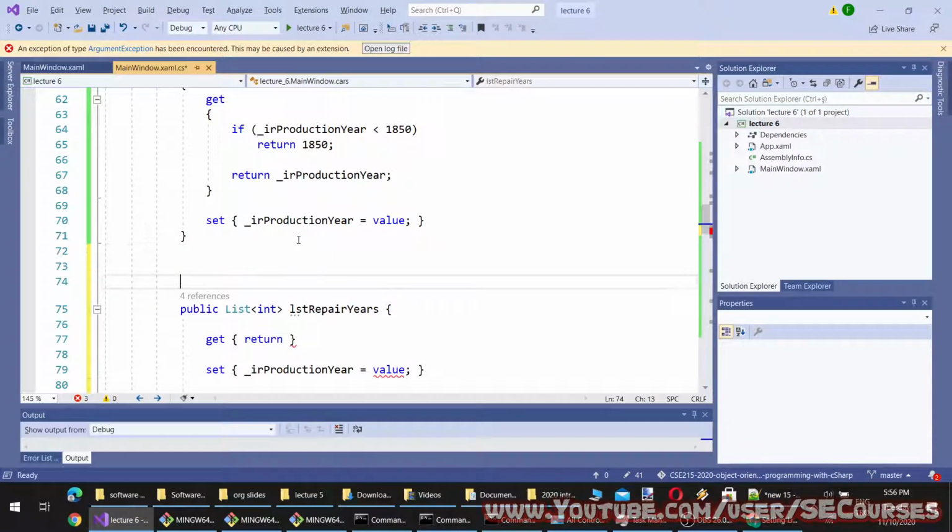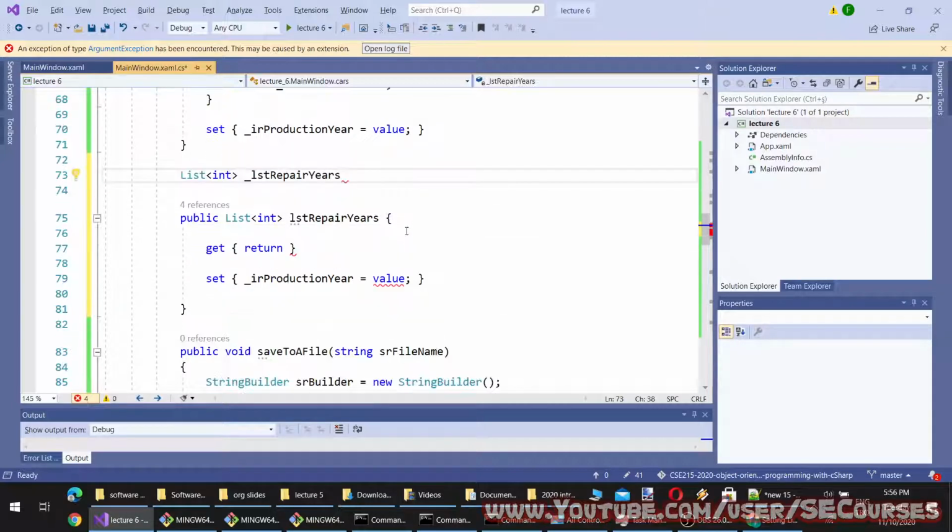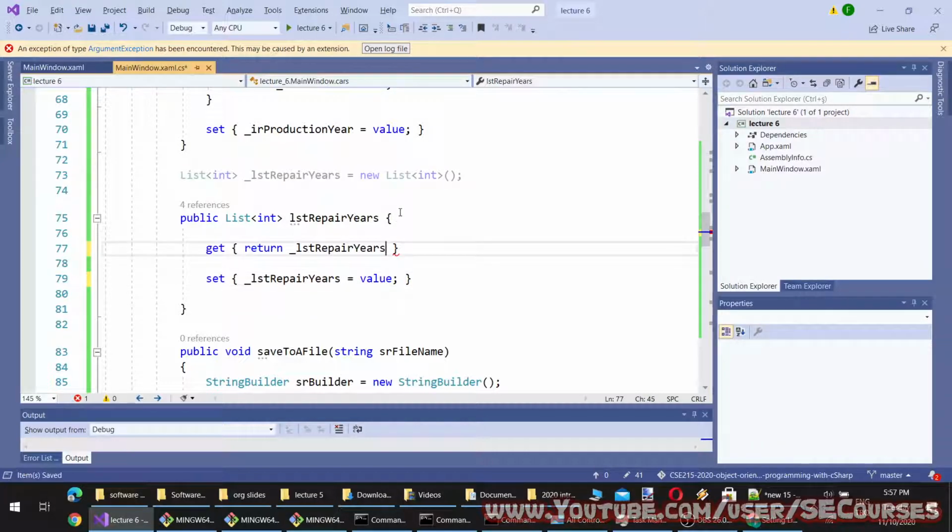To do this, of course, we need years, and it will be by default. Define it like this, initialize it, then this will return this, and this will set this.